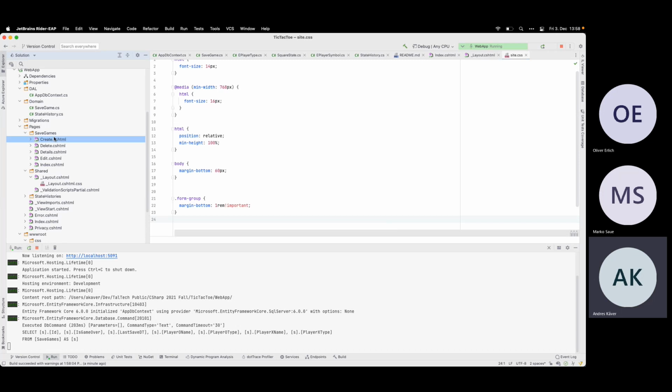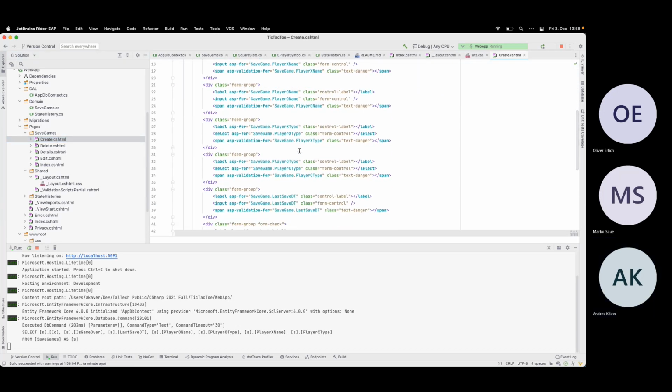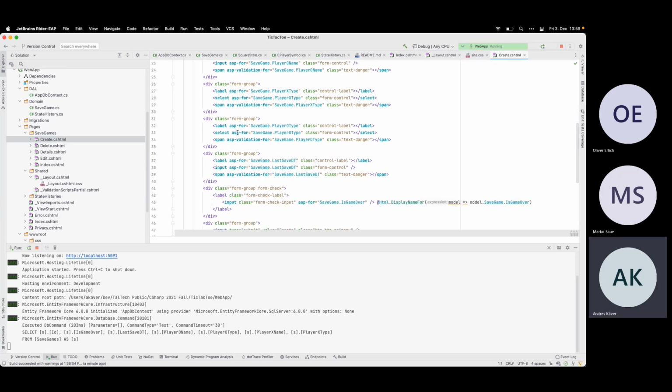So in the save games create, let's see that one. Yep, it makes a select list, ASP for, but there's no select list items. Do you remember how to create a select list from the enum? I think it was on the materials.